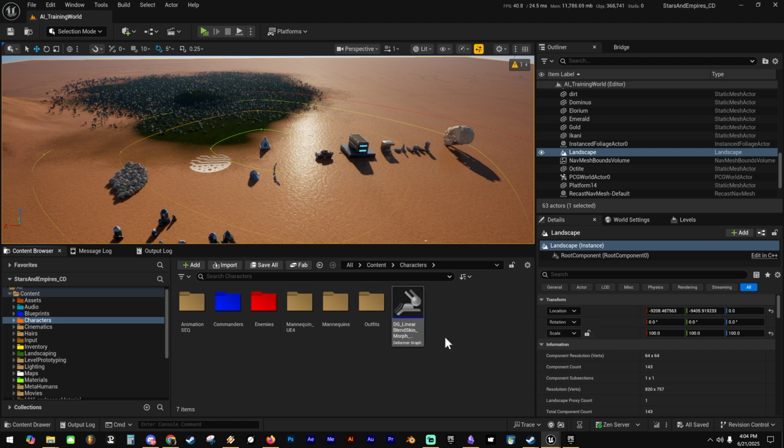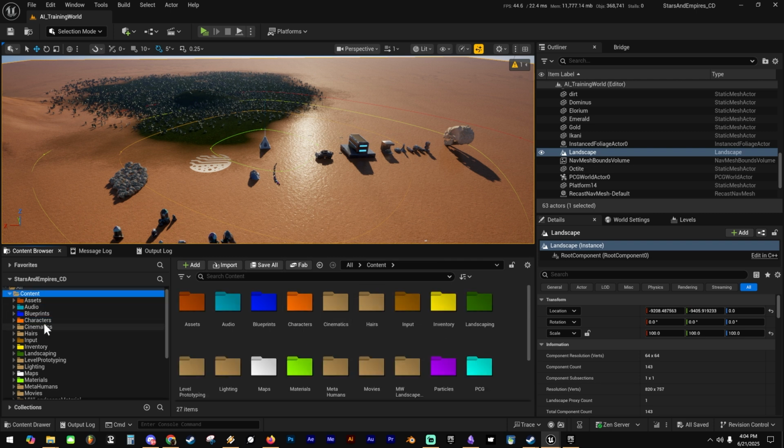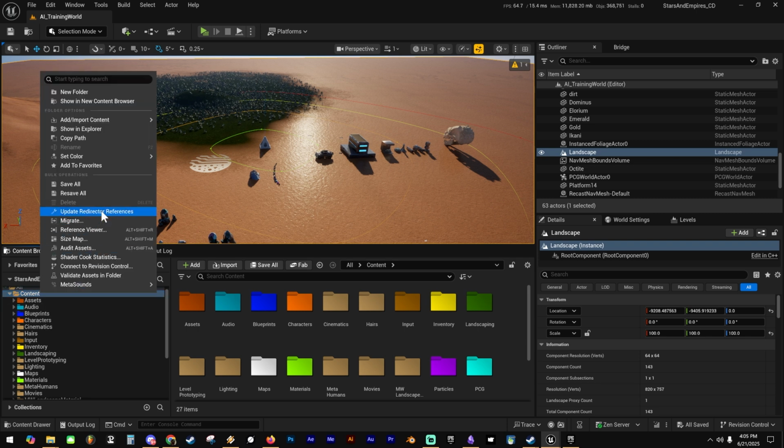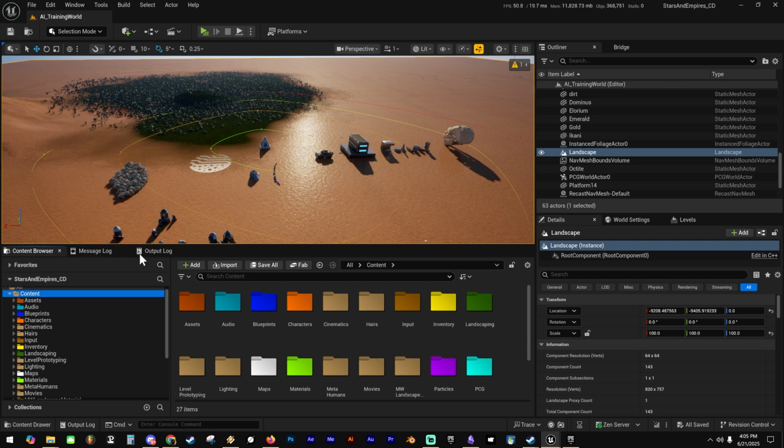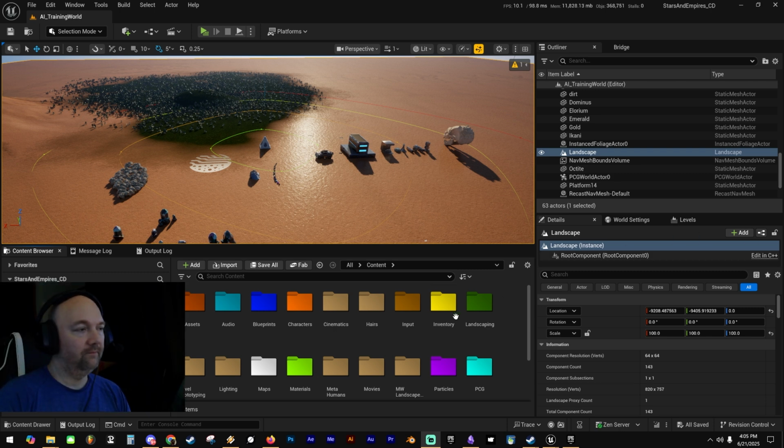Well, if you ever move anything from one folder to another folder, you must come up here to content, or the hierarchy main master folder, right click and say update redirector references. You must do this. Get in the habit of doing this. If you don't, what you can have happen is you can accidentally create a shadow version of that item, which means